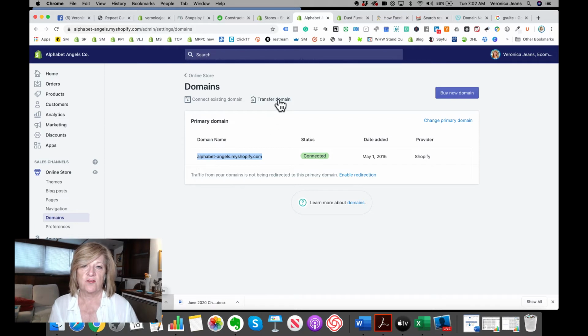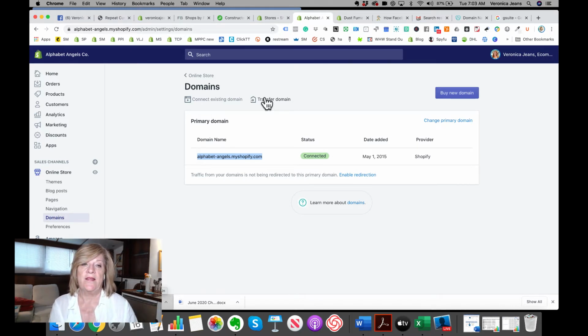So now you can transfer your domain from somewhere else. You can connect to an existing domain. So if you have an existing domain, for instance, with GoDaddy or Namecheap or Bluehost, I would suggest one of the larger domain hosts, then you can connect your existing domain. Or if you wanted your domain in Shopify, and I'll tell you why it's a good idea maybe to have your domain with Shopify and maybe not.